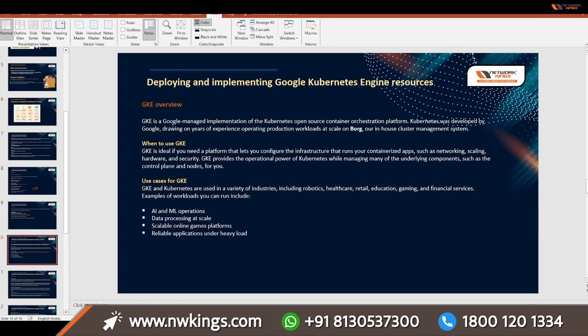So what is GKE? GKE is a Google managed implementation of the Kubernetes open source container orchestration platform. So in the last step, we have seen how to create containers, right? But creating the container is not sufficient when it comes to production or deploying in the enterprise world. Because as containers are lightweight, you will create multiple containers. Like for each application, five replicas will be available as containers, so that if one goes down,